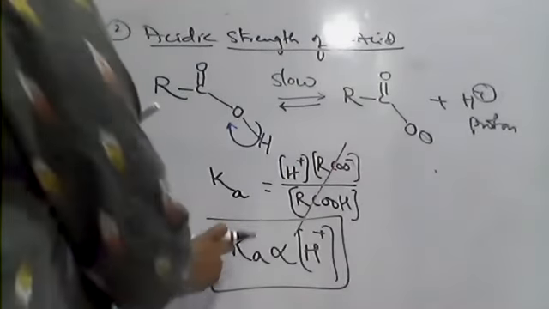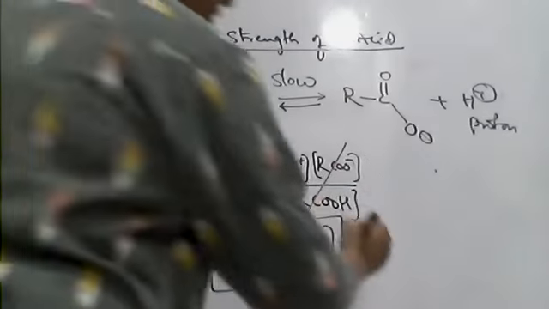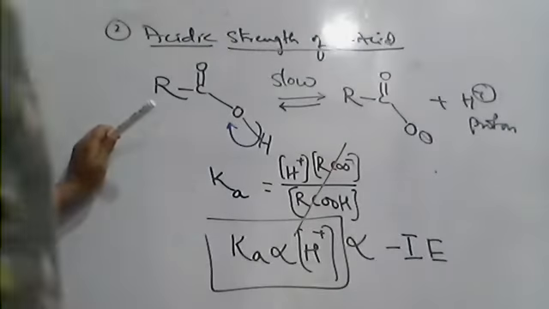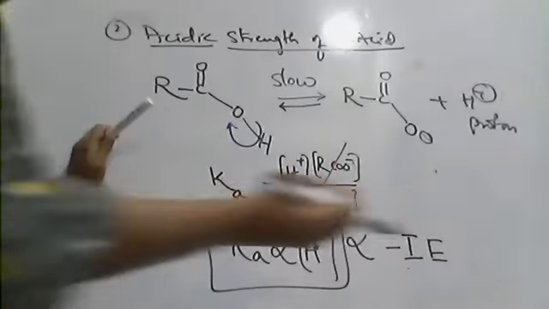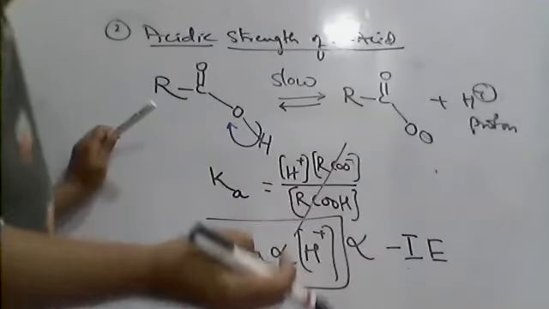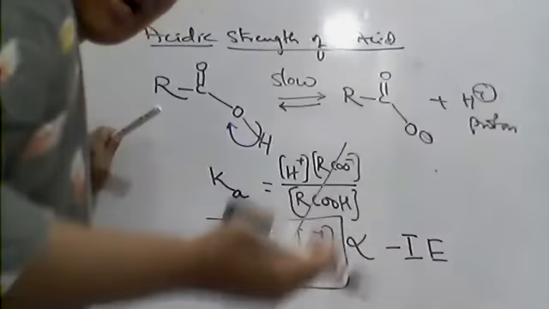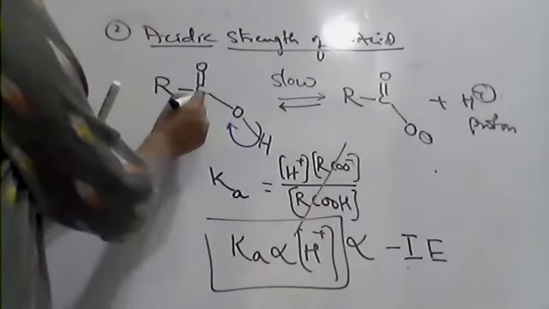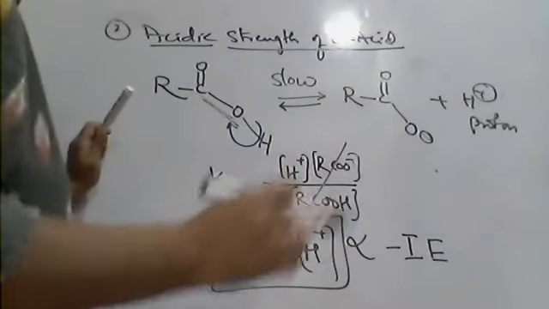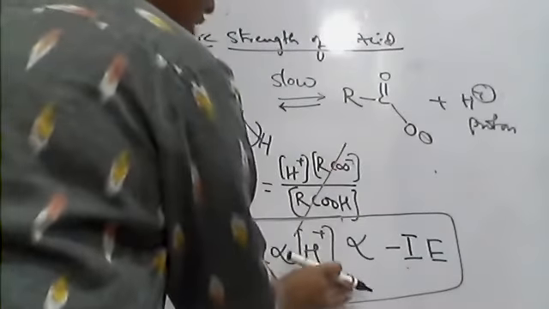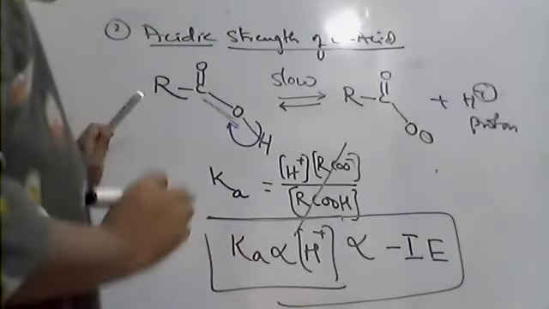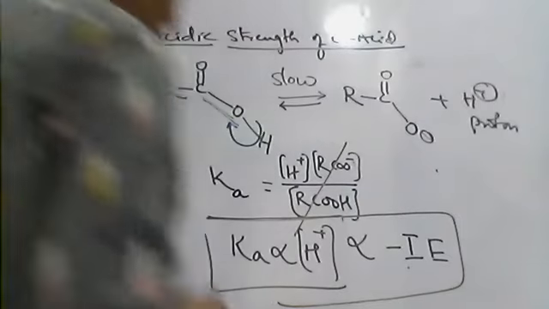So in what case will the dissociation of acid become more? If the group is attached to a minus I group. Because the minus I group is withdrawing electrons from the carbon chain. So when the group is taking electrons from the carbon chain, then this carboxyl group releases H plus easily, fast. So remember, the Ka dissociation constant is directly proportional to H plus ion concentration, which is directly proportional to minus inductive effect groups. Now for this, I will take one example.